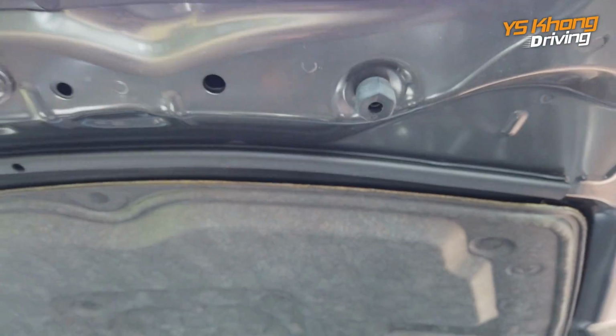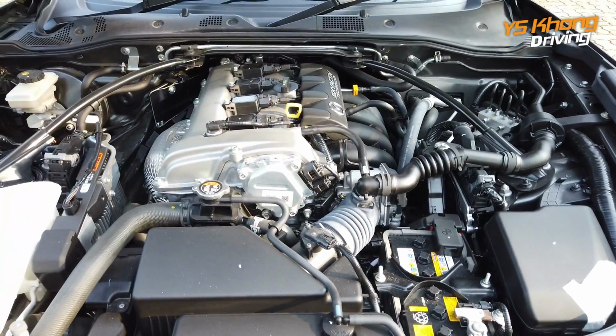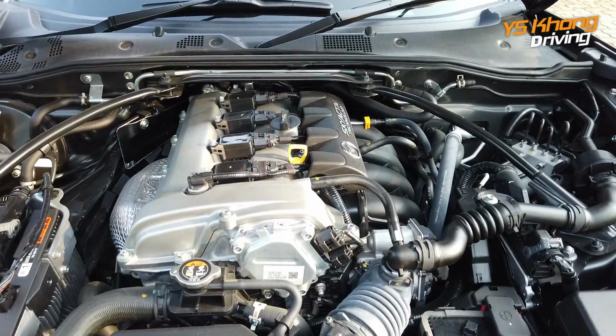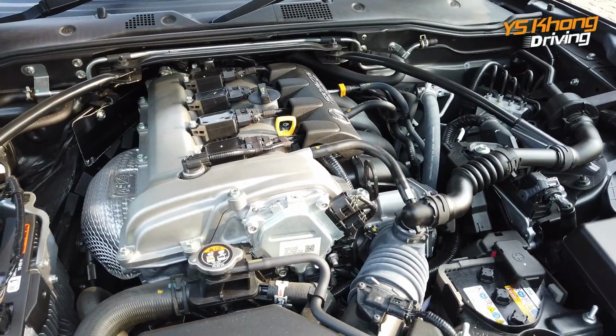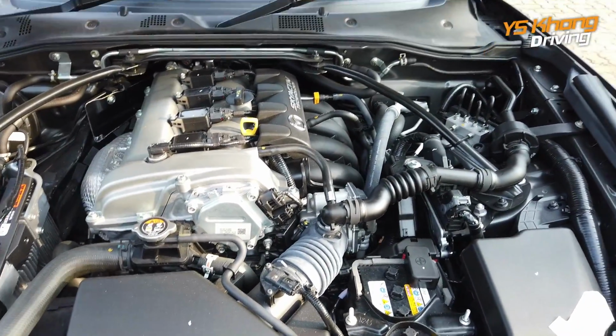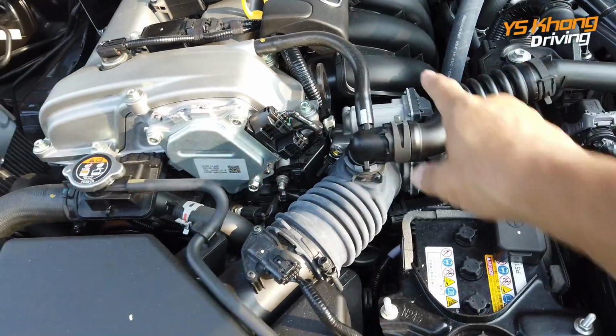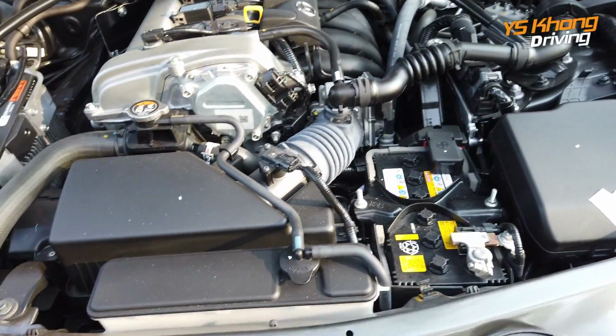It seems like it, but it didn't feel as light as it should be if it was aluminum. Okay, here's the engine, and this is the 2-liter engine from Mazda with dual overhead cams, direct injection, and you can see the intake is plastic. This is the drive-by-wire throttle, and